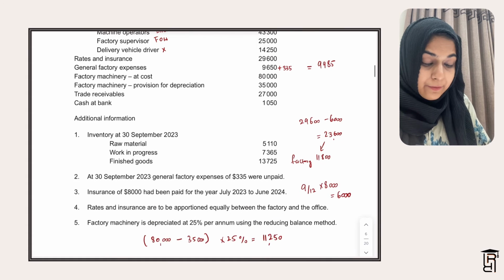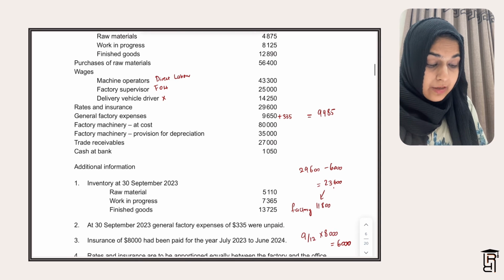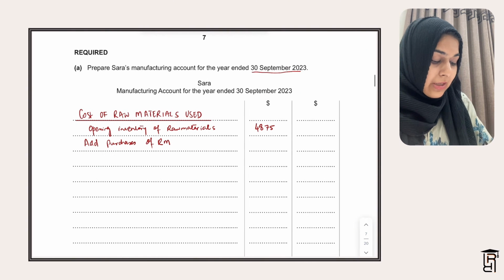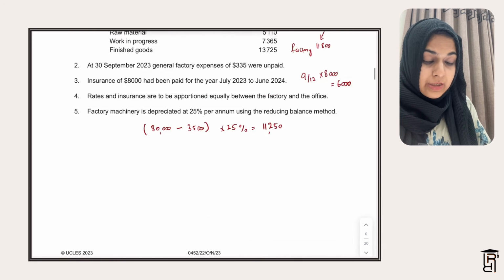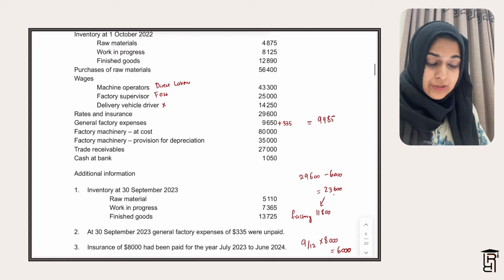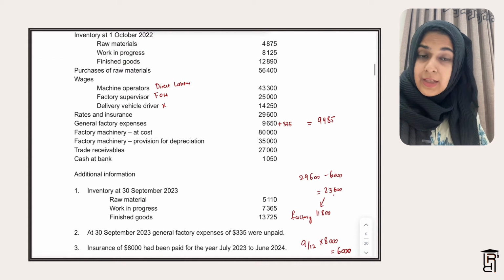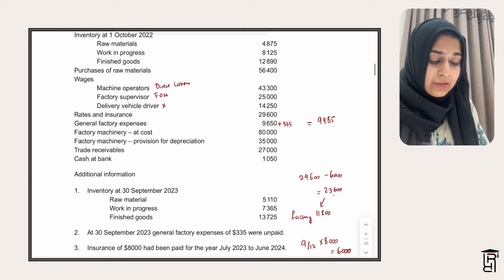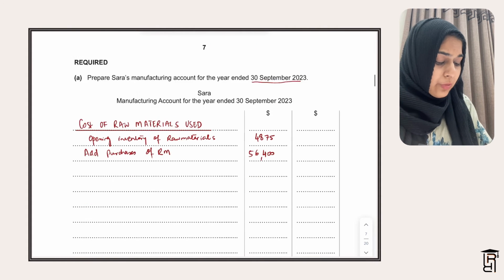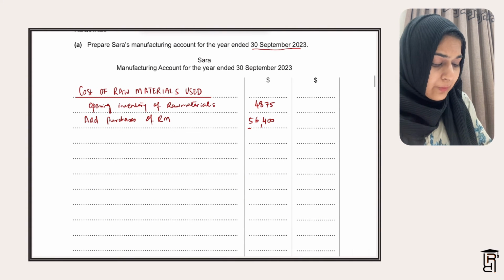So purchases of raw materials here is 56,400. So I just write this 56,400. We do not have any carriage inwards on raw materials. We do not have any purchases returns on raw materials, so we don't need that here. So we directly add these both. We get